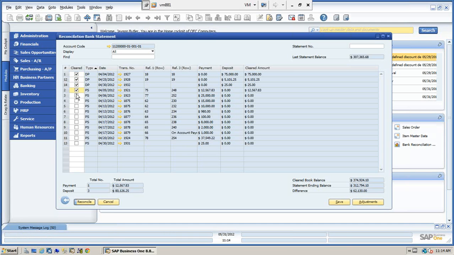Now what I can do is this, as we talked about before, I can come in here at the end of the week, say on April 6th, get the information from my bank, and I'm going to clear this information. I'm going to go ahead and I'm going to click Save. And you can see down here by the green that information's been saved. So when I exit